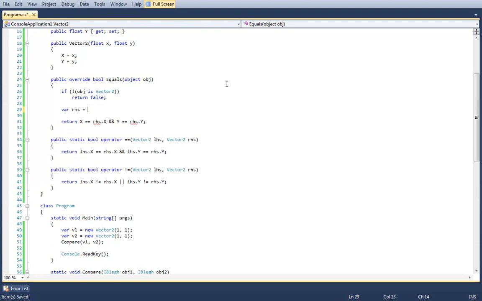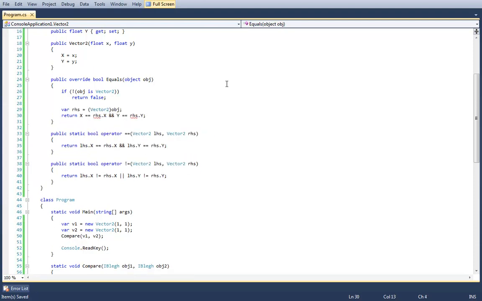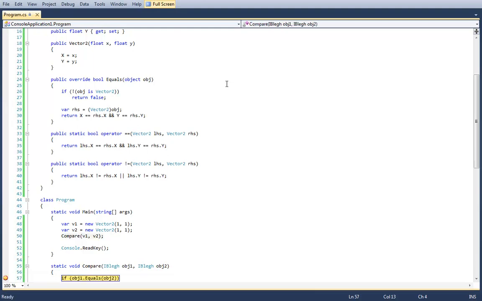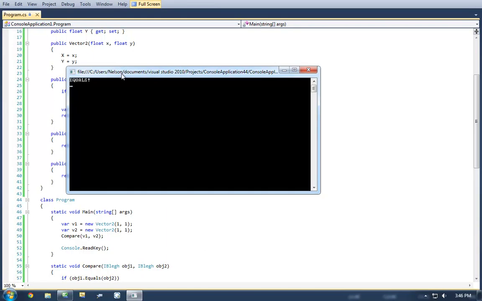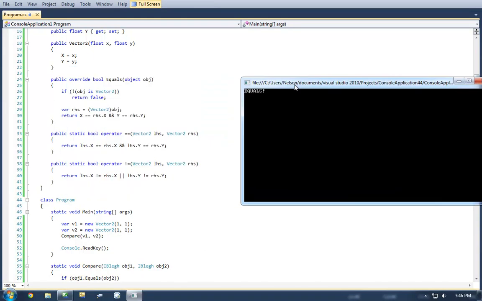Otherwise, set RHS to Vector2 of obj. Which is fairly standard boilerplate code in many situations. So now when we run this, if it's null, do one thing. If not, then carry on. So now we get what we want, equals.